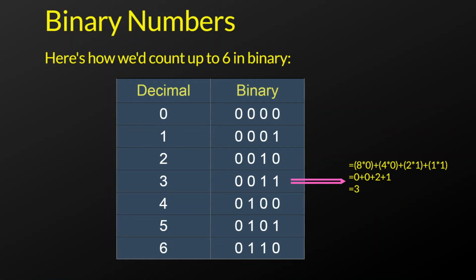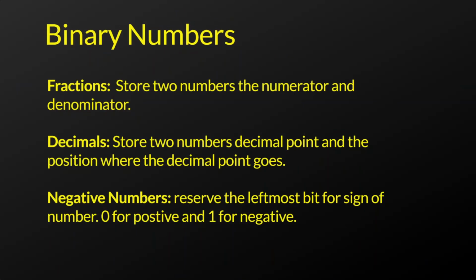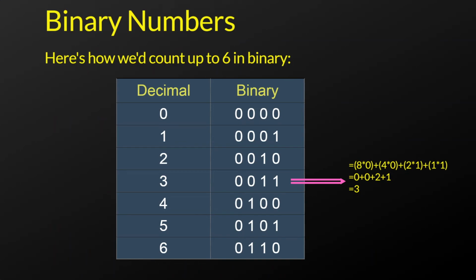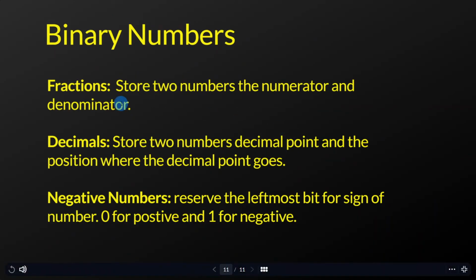So far we have learned about unsigned integers. Unsigned means a non-negative integer, a whole number, not a fraction or decimal. Storing other numbers isn't hard though. If you have fractions, we can use two numbers, one for the numerator and the other for the denominator. If you want to store decimals, we can also use two numbers. The first one is the number with the decimal point taken out. The second one is the position where the decimal point goes. And you also need to store